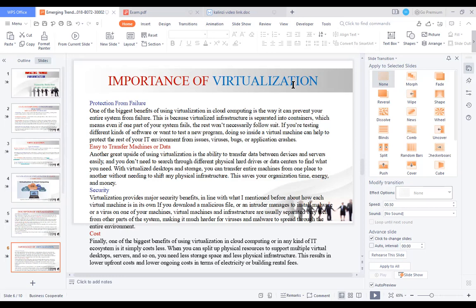When you can split up physical resources to support multiple virtual desktop servers and so on, you need less storage space and less physical infrastructure. This results in lower upfront cost and lower ongoing cost in terms of electricity and building rental fees.